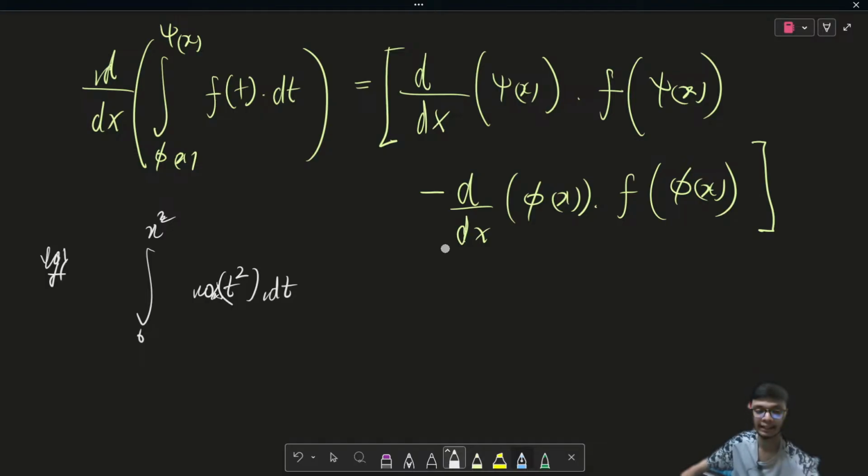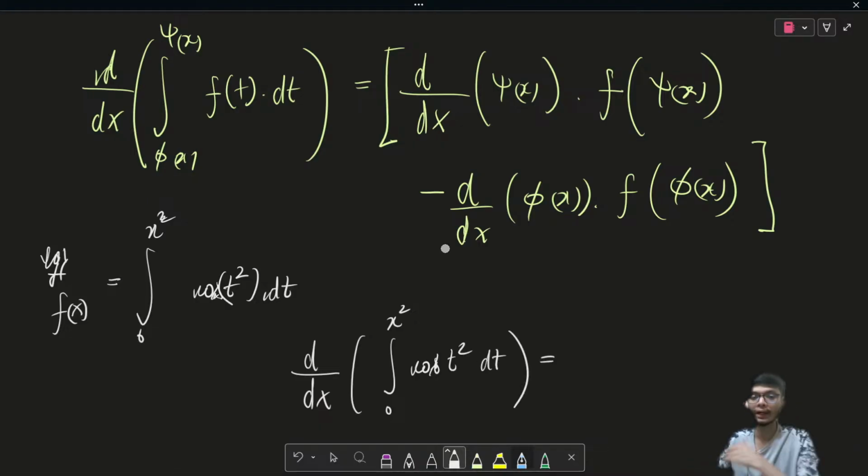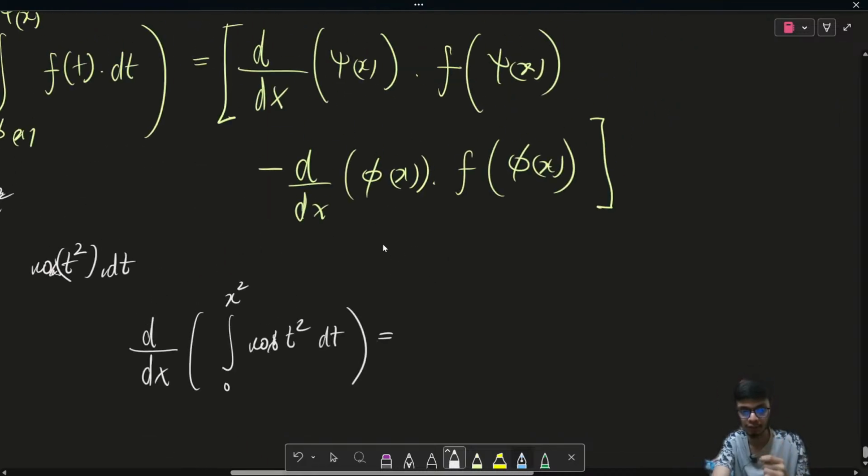In the question it is said that this is some function of x, and please try to differentiate this function of x with respect to x. By using the Leibniz rule for differentiation, if I follow this result,